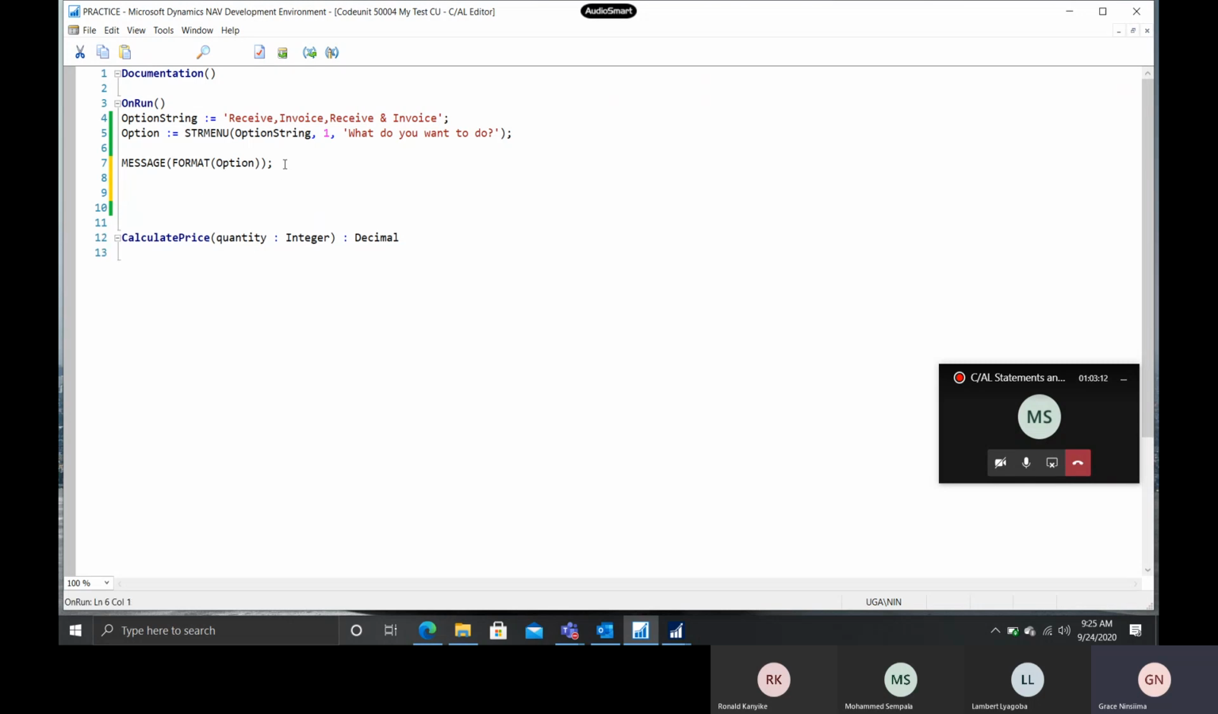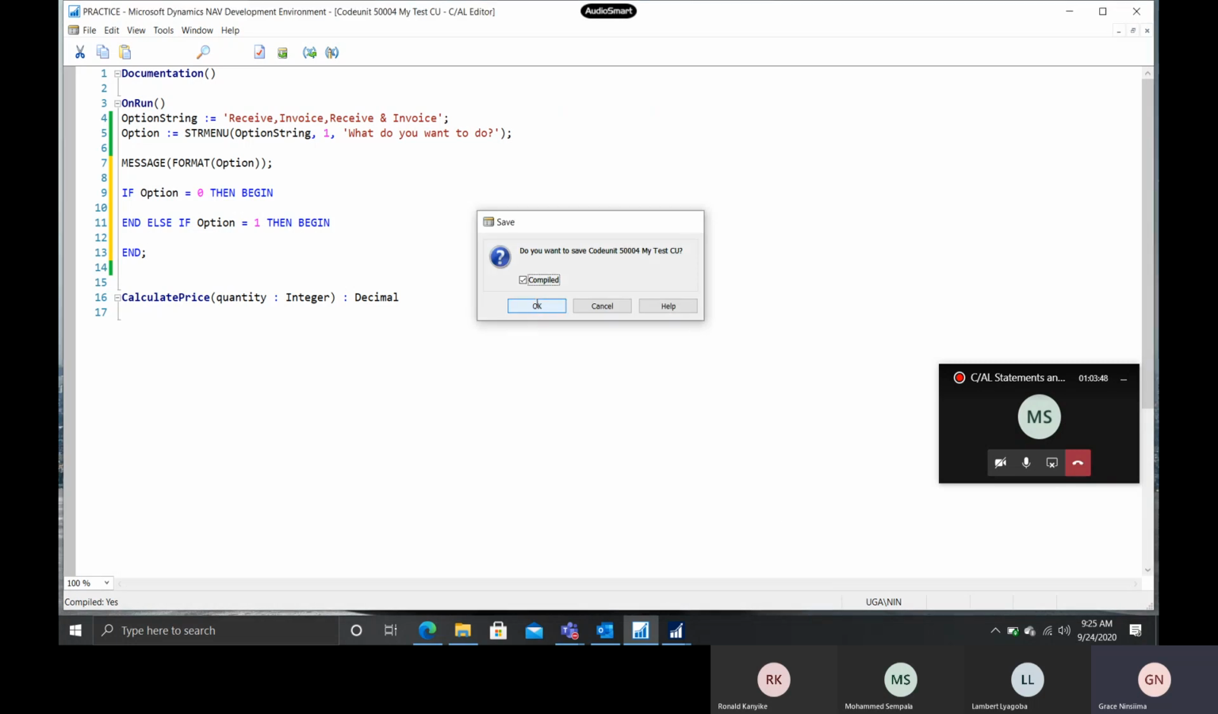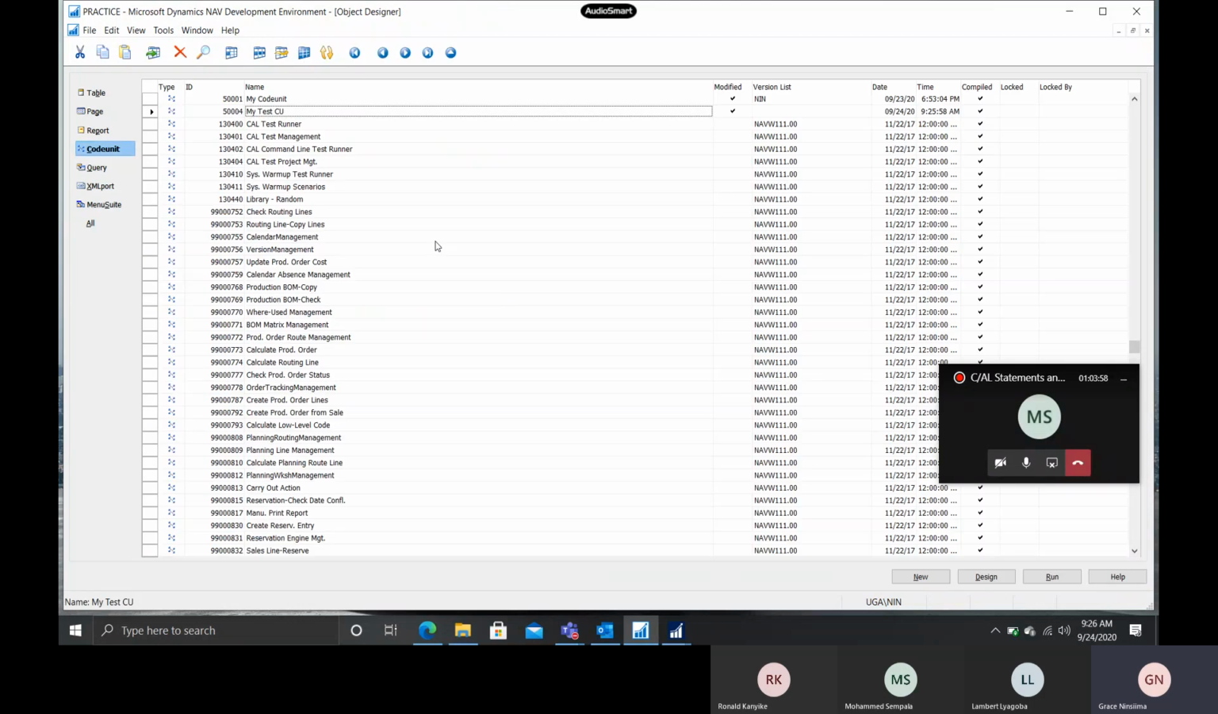but in real programming cases, you can say if option is equal to maybe receive, which starts with 0, then you execute something there. Else, if option is equal to 1, then begin. If somebody selects invoice, then you write some code that does what that invoice says, isn't it? So that's how, but here I'm not going to go through all this. I just want to demo how the option string is working. So what do we expect to be in our message? Okay, we shall select and see. So if I run this,